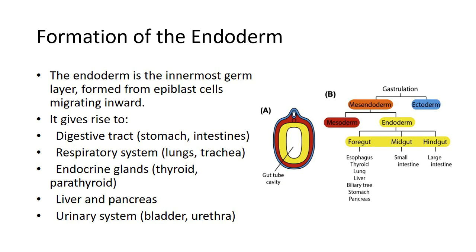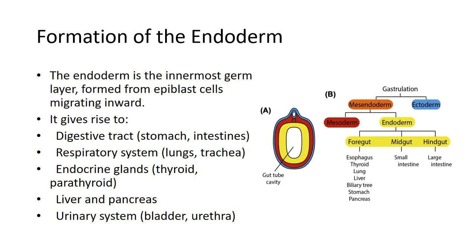4. Formation of the endoderm. The endoderm is the innermost germ layer. It forms from the epiblast cells that ingress through the primitive streak and become the endoderm. This layer is primarily responsible for the formation of the internal organs. Development of the endoderm: as epiblast cells move inward during gastrulation, they form the endoderm at the deepest part of the embryo. The endoderm will later give rise to